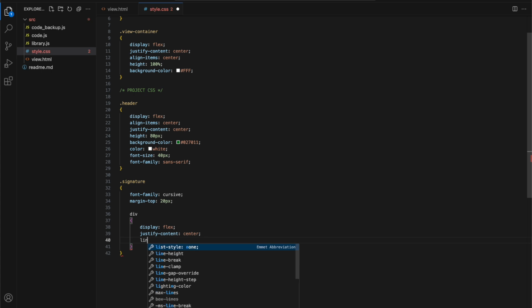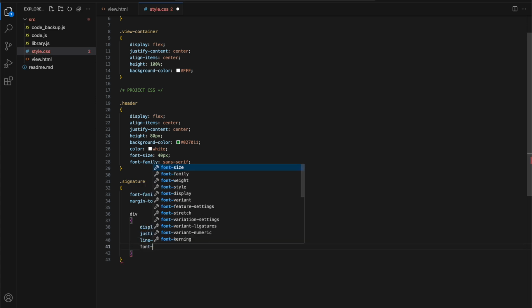And then we're going to give a line height. Think of this as the height of college rule or normal ruled paper when you're writing on it. You can have a row that has a larger height or not. We don't want too big, so we're going to set it to 1.5, and we'll go over that when we get to the browser as well. And we'll give a font size a little bit different here. We're going to go with 30px,